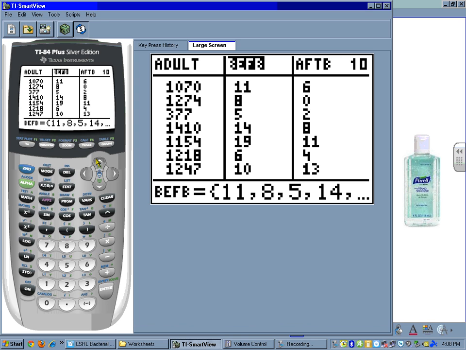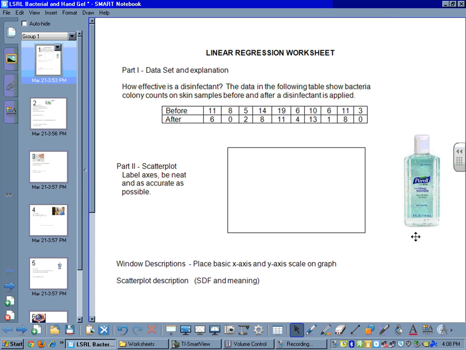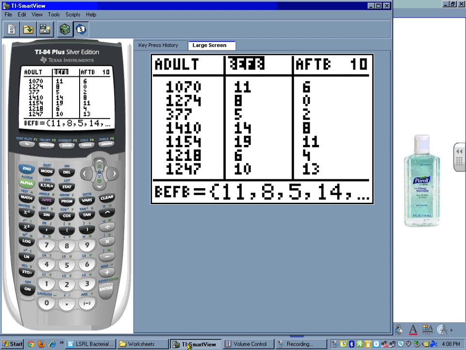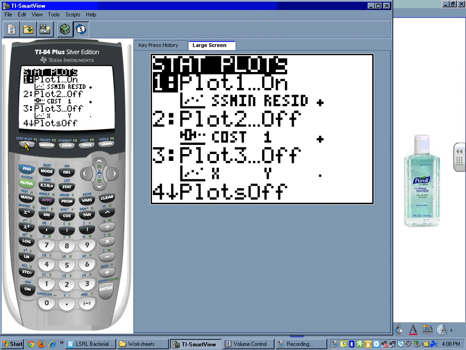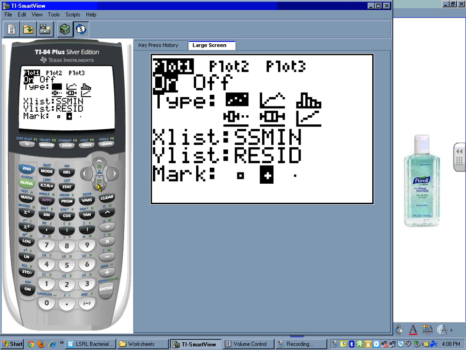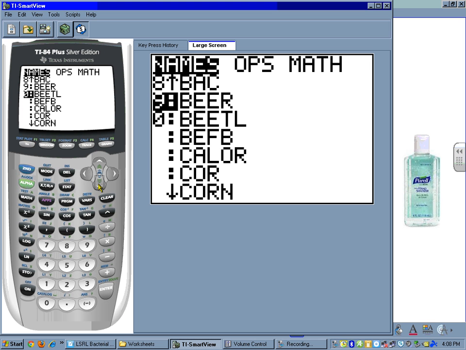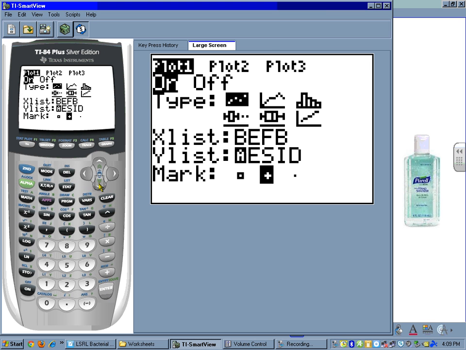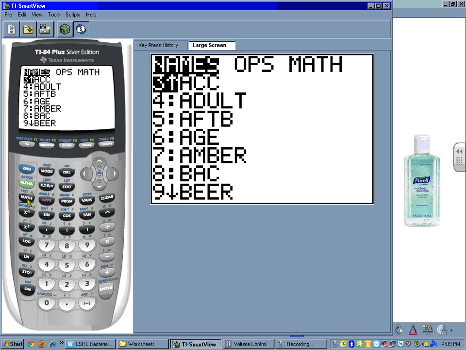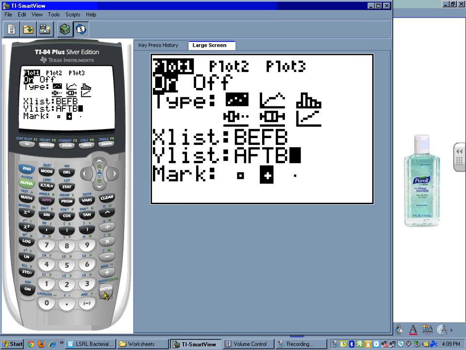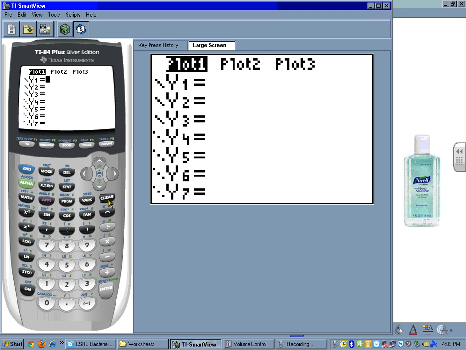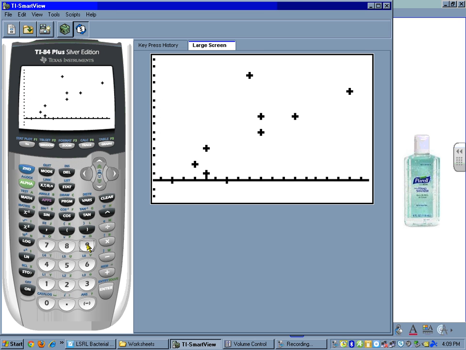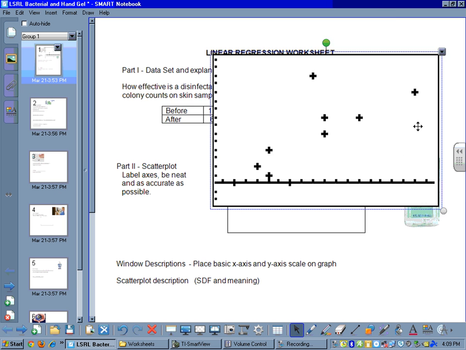So after you have the data lists in your calculator, the next step will be to make a scatter plot of this situation. Using my calculator, I'm going to do second y equals, turn on Plot 1, make it a scatter plot, put in my before list, and put in my y values as my after I have used the gel. I'm also at this point going to hit my y equals and clear out my equations, hit zoom 9, and I get my scatter plot. Transfer that onto my worksheet